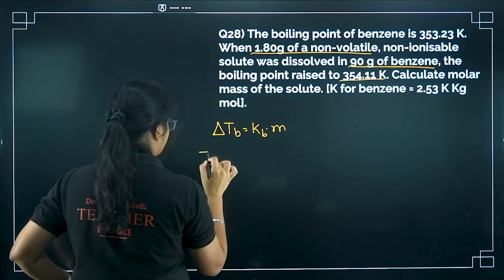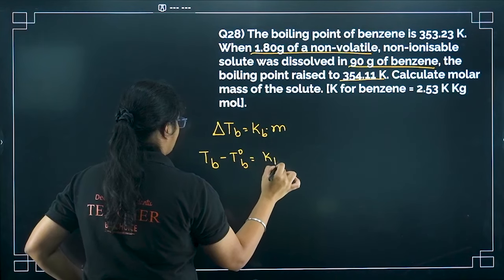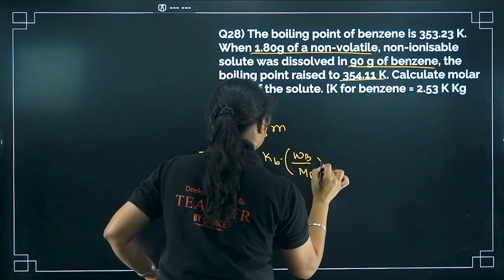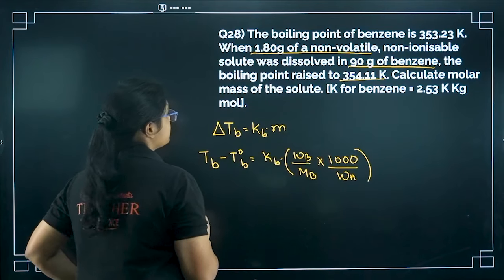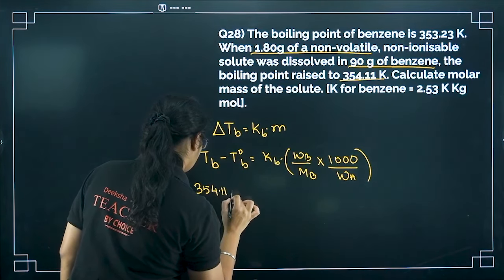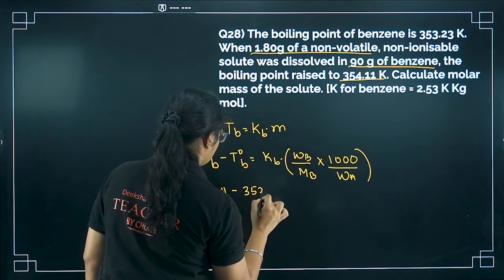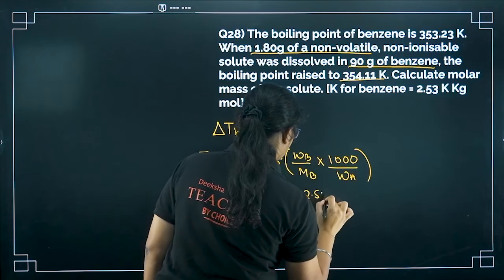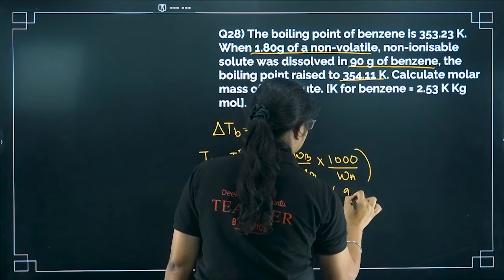Now if I expand this, I will have Tb minus T naught b is equal to Kb into given mass of the solute by molar mass of the solute into 1000 by mass of the solvent. So now what is Tb here? 354.11, minus what is T naught b here? 353.23. Kb value is 2.53. Wb value is how much? Given mass is 90 grams, no sorry,